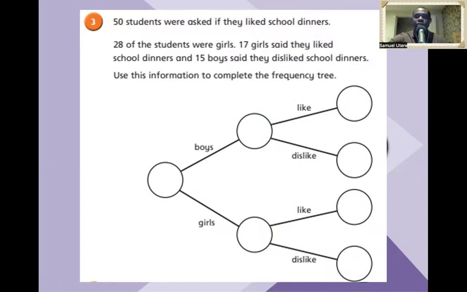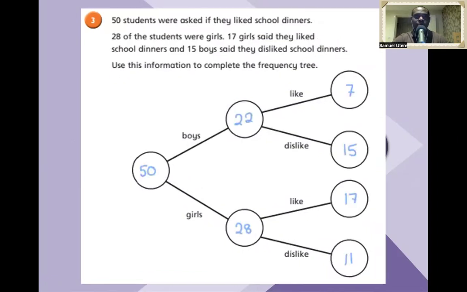All right, assuming you've paused the video and you've answered question 3, here are the answers. Let's discuss them. So here we're told 50 students are asked if they like school dinners. That goes there. 28 of the students were girls. You put it there. So if 28 are girls, to get the other one for boys, you just do 50